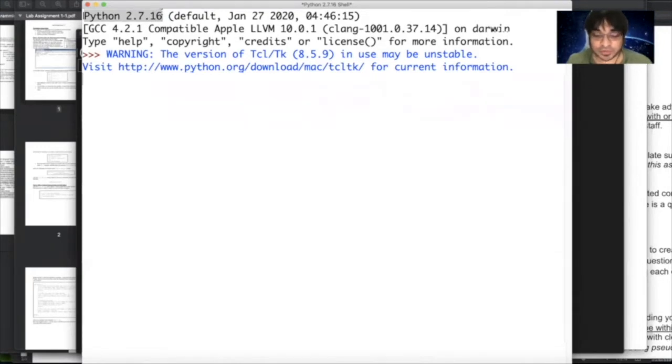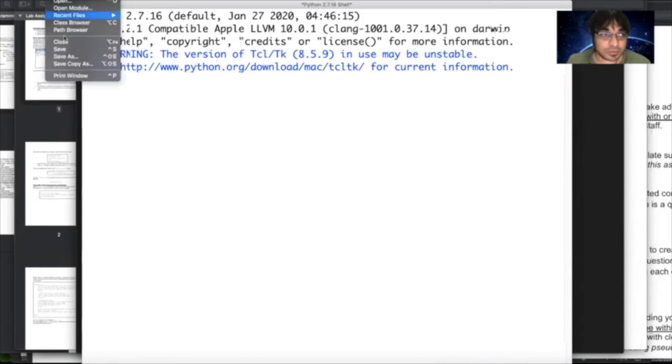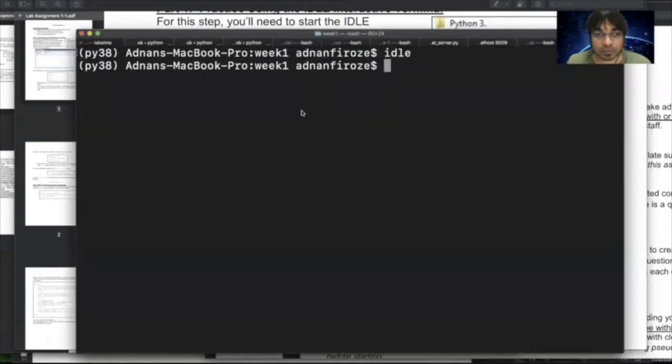So this is not what we are looking for. If you are using a Mac computer and you are seeing this, this is not it. We don't want to use this. So we close this, and then we type in idle3. Chances are if you just type idle, it's just going to work. It's not going to be 2.7, it's going to be 3.8.